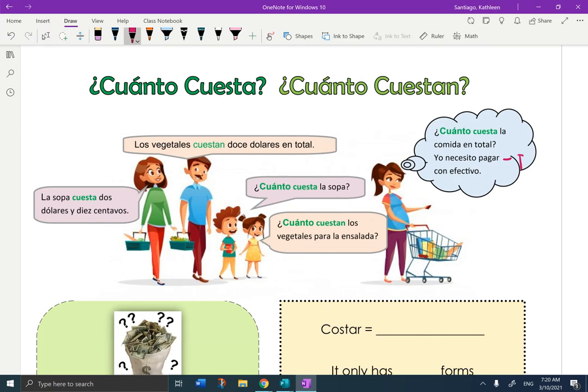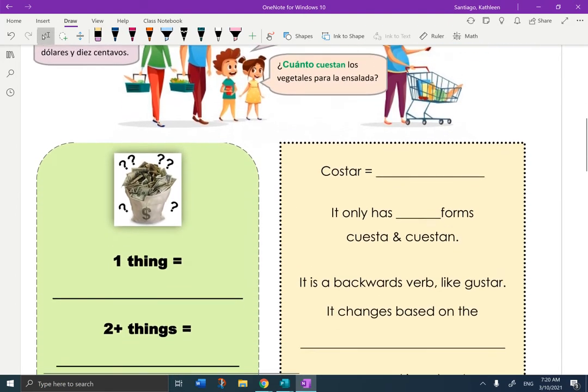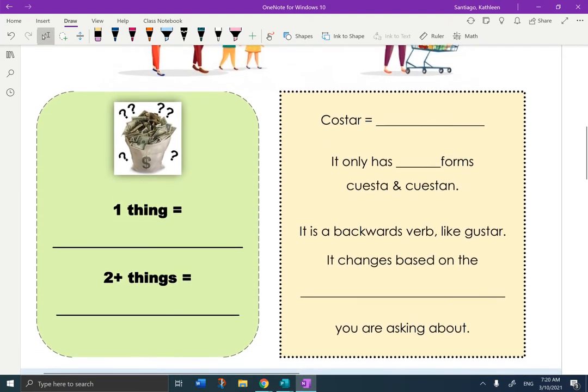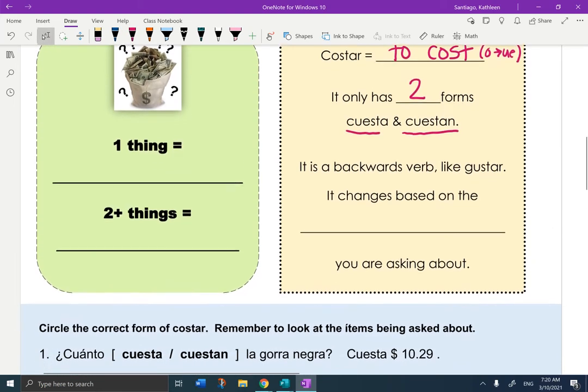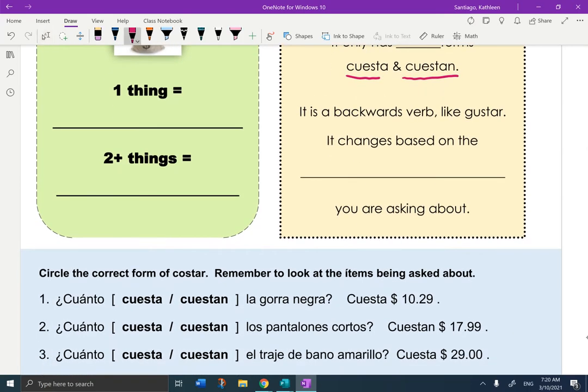So pagar, to pay. And what's the most effective way to pay? Cash. Okay. Let's take a look at what we're talking about today. ¿Cuánto cuesta?, ¿Cuánto cuestan? So costar means to cost. It is an O-to-UE verb, but it only has two forms, cuesta and cuestan. It's a backwards verb like gustar. It changes based on the number of items